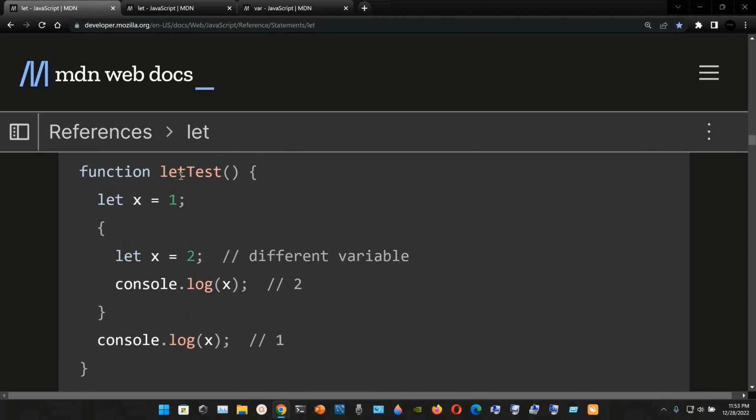Now here we have another example. We have a function named let test. Inside of the curly braces we have the let declaration. We have this time a local variable, not a global variable. It's a local variable named x. It's assigned the number 1. We ended with a semicolon, and now we have